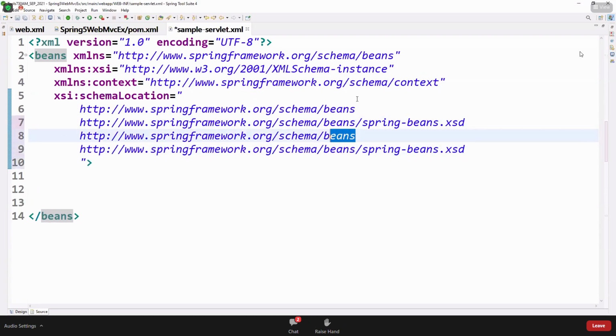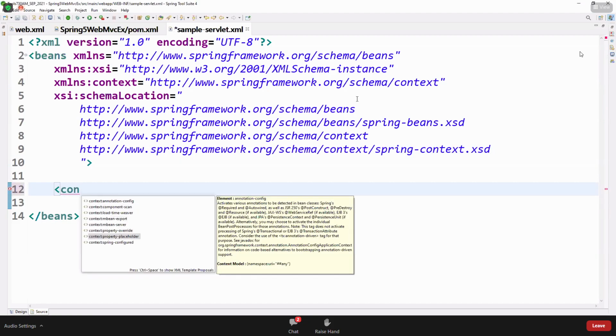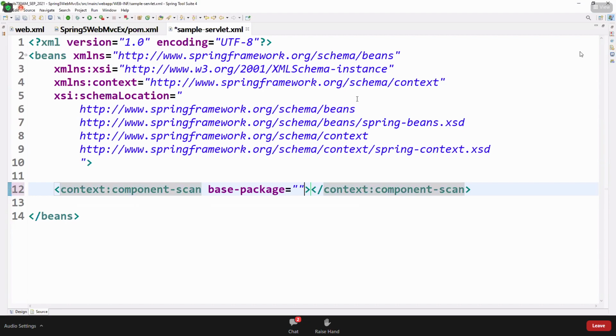Adding and pasting this context schema. There I'm writing context:component-scan. I'll mention one common package,